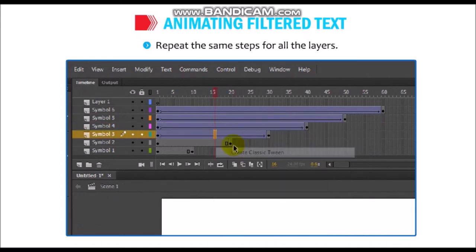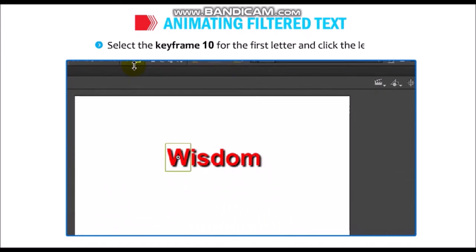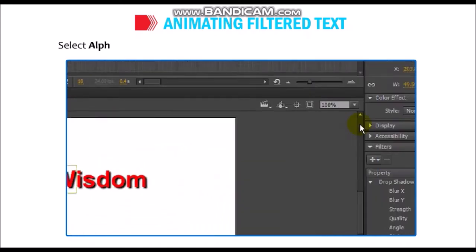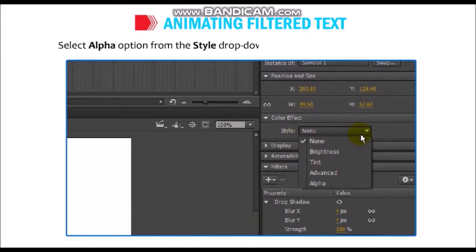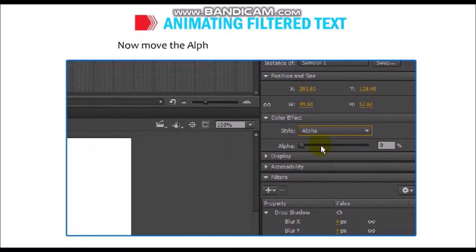Select the keyframe 10 for the first letter and select the Alpha option from the Style drop down list under the Color Effect section. Now move the alpha slider toward left to make it 0%. Repeat this step for all the letters.